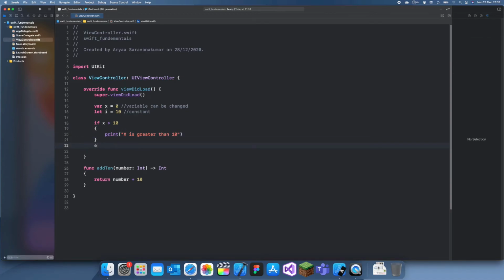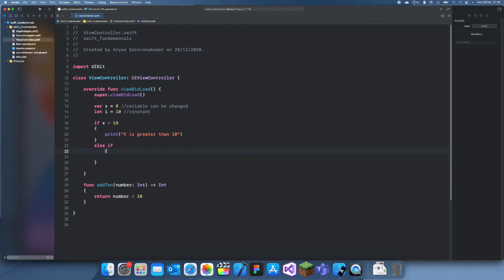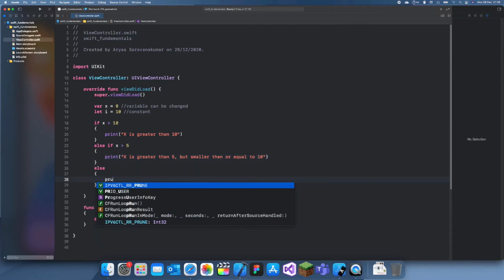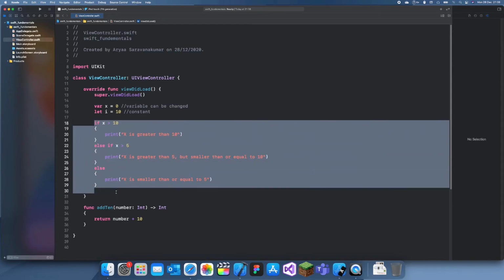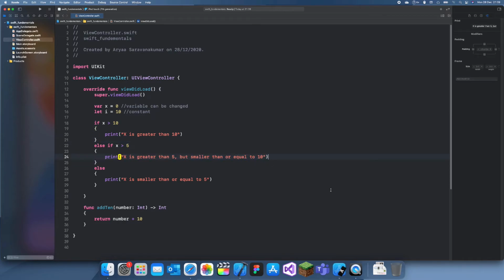And then you have else. You also have else if. So else if we can have else if x is greater than 5, print x is greater than 5 but smaller than or equal to 10. And then we just have else print x is smaller than or equal to 5. So yeah, these are all if-else statements, and you also have print statements, which just print